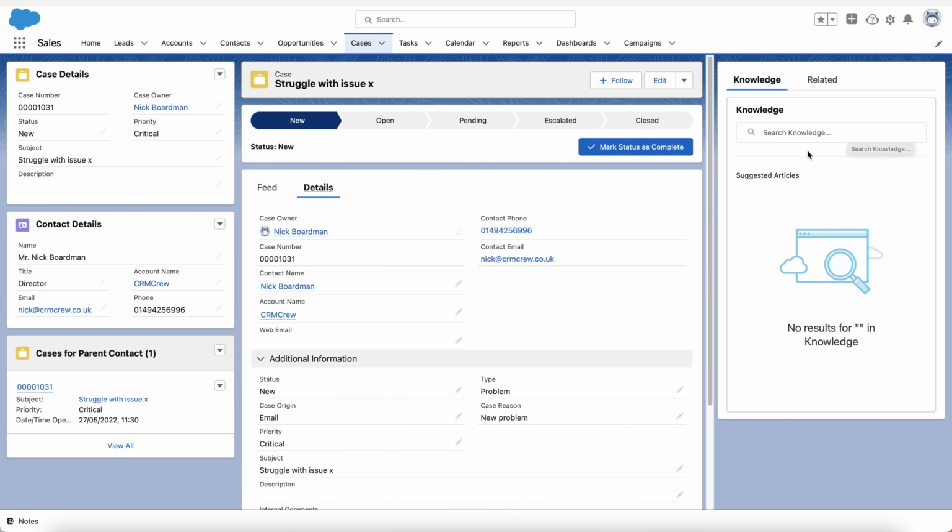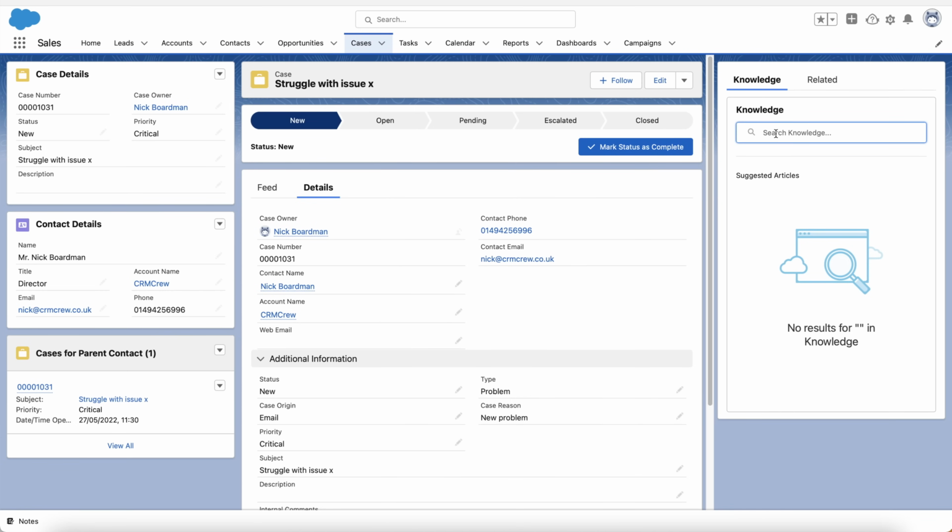Now, let me briefly touch on the knowledge area now. I'm not going to go into too much detail in this video, but knowledge is essentially where you can answer questions and log them inside of your Salesforce system. So let's say you've got a large team of support staff and they've never come across this problem before. They could search in the knowledge area. It's kind of like an internal Google, and they could search in the knowledge area and then maybe find a similar problem and then use the answer to the similar problem to try and close this particular problem. I hope that makes sense. It's essentially kind of like an internal Google, but you have to add the knowledge in, so someone has to